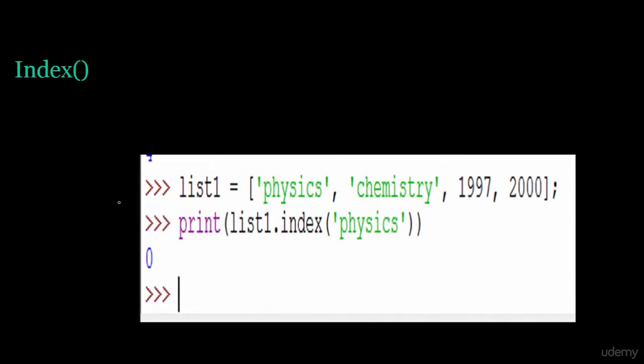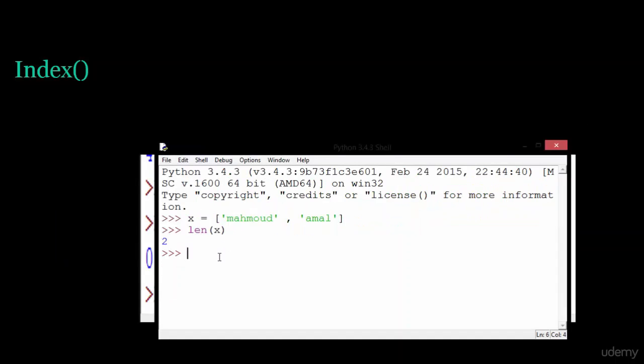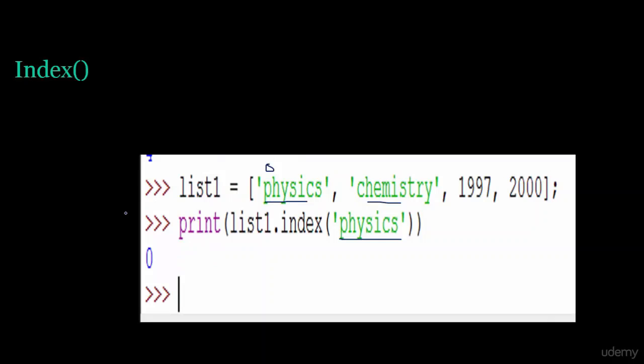The index method takes the name of any list value and returns the index of this value. Like this, I print list1.index of physics, it gives us the index 0 because this is index 0. Let's try this. I said x.index of Amal, this will print 1 because this is 0 and this is 1. Okay,